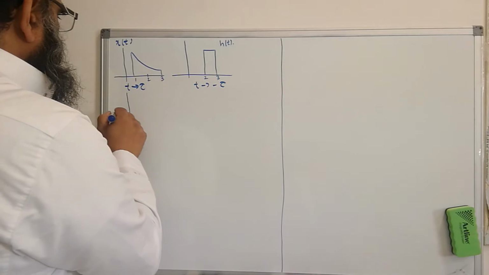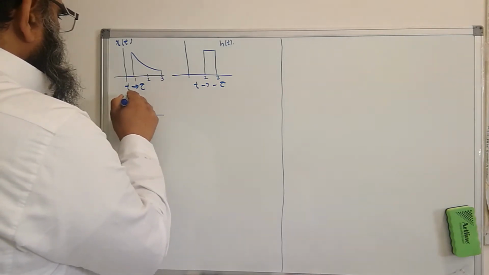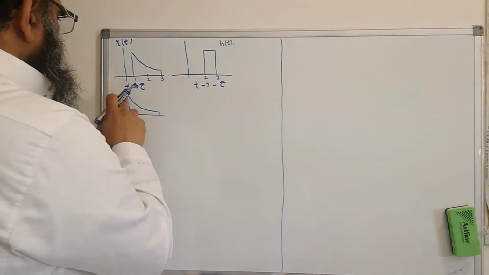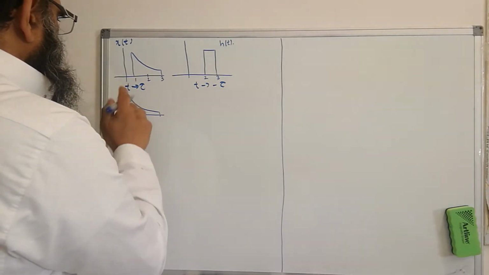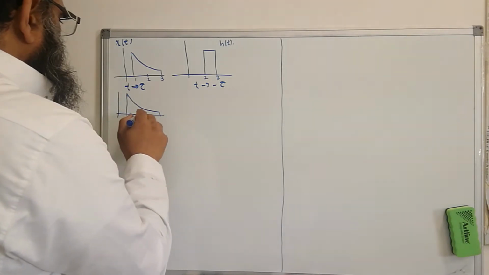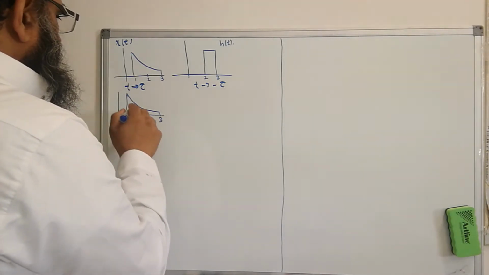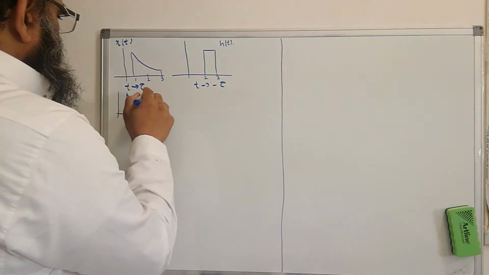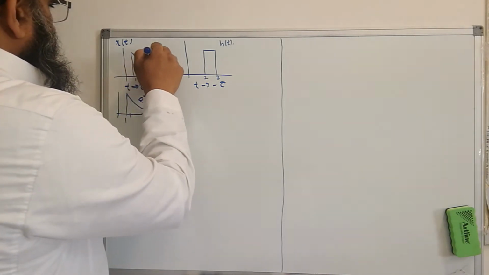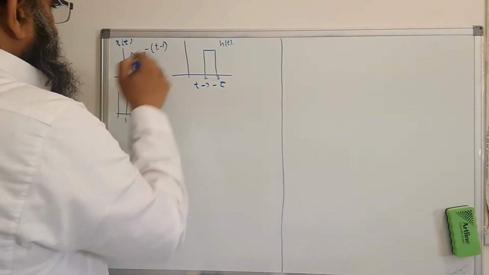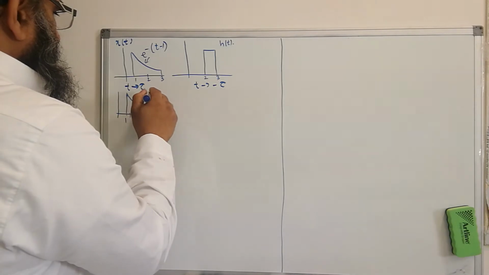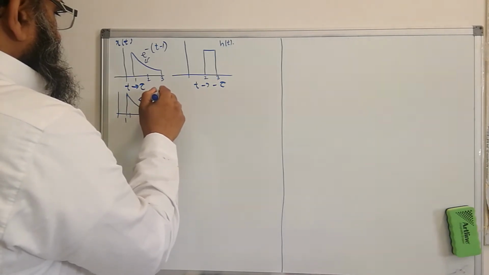So I can just draw x of tau from 1 to 3, and this is e raised to the power minus t minus 1, shifted here. So this will be e raised to the power tau minus 1,